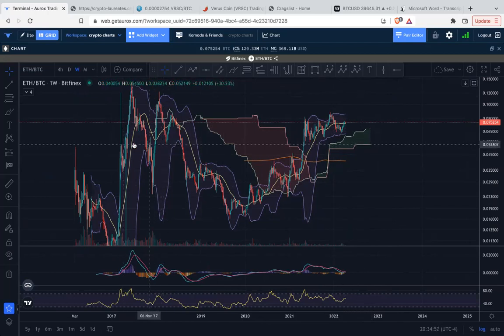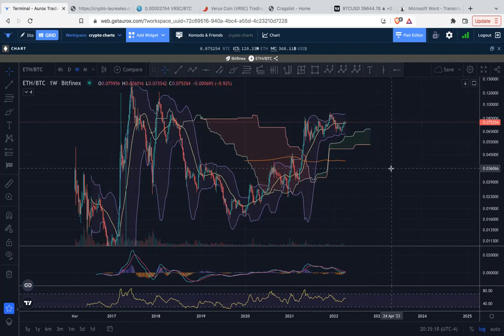Having said that, this is against the BTC price. Anything can happen, including just chopping for a long time. This brings us all the way to the end of 2022, and you're still just playing around on the Ichimoku cloud. So yeah, no problem there. I totally think that could happen.